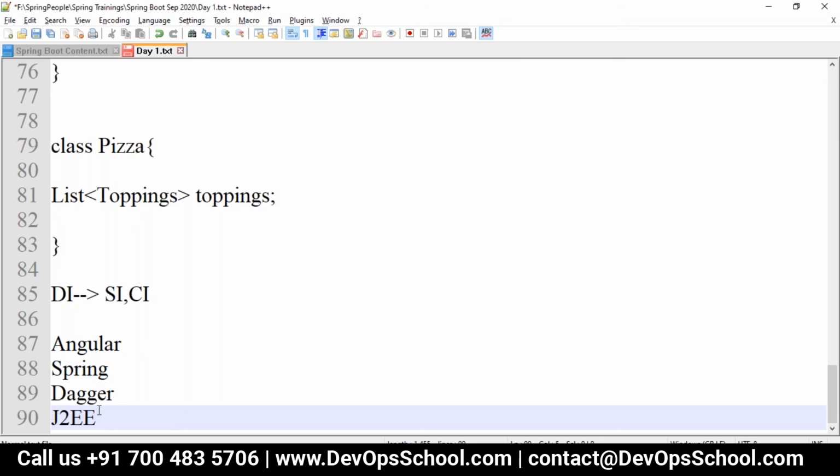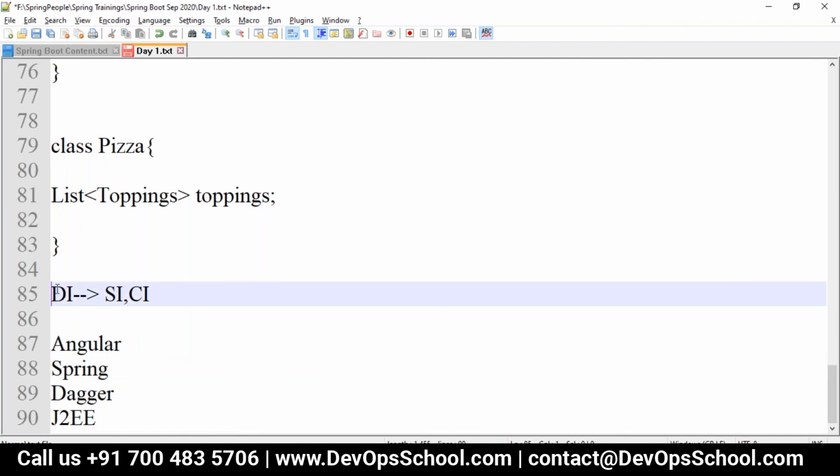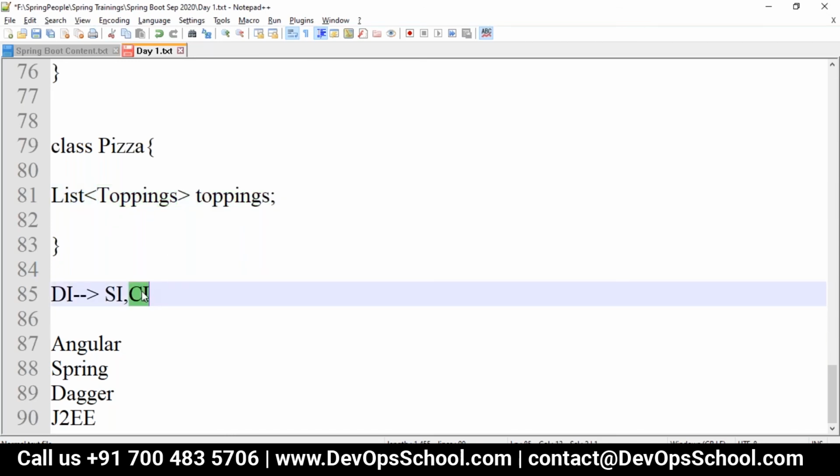There are a lot of other frameworks or use cases where we are going with DIs, which is dependency injection. The injecting of the object can be done the setter way or the constructor way. If you go with the constructor way, it is constructor injection. If you go with the setter way, it is setter injection.